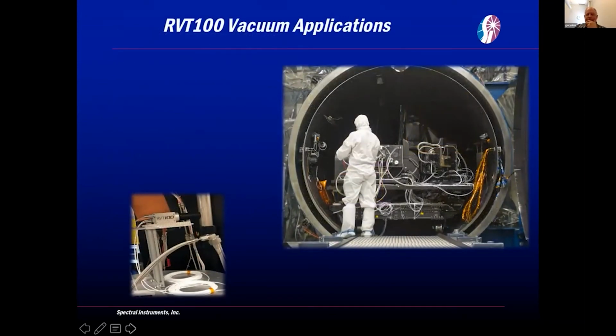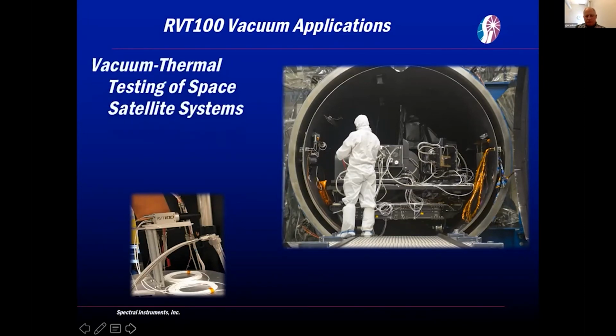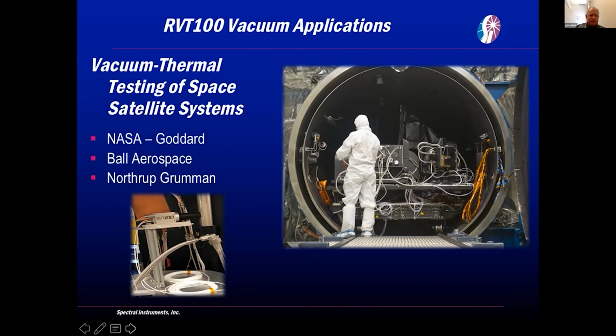So other uses for this camera, again, places where people need to look at things in a vacuum. We've got several being used now for the vacuum thermal testing of satellites, both at NASA. There's one of the facilities on the East Coast initially, and then NASA Goddard, and then NASA down in Houston. Ball Aerospace, Northrop Grumman, all of these people who are building satellites, they stick them into a